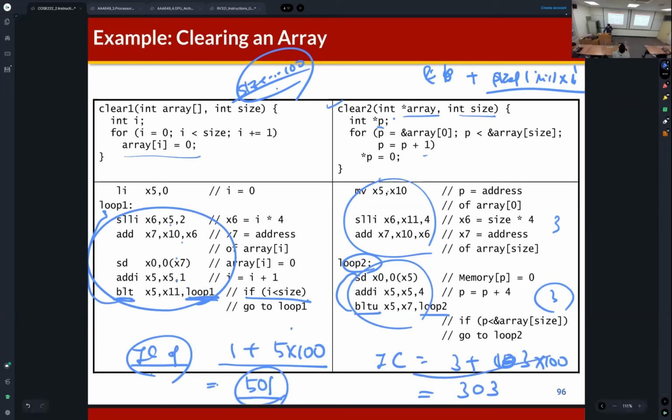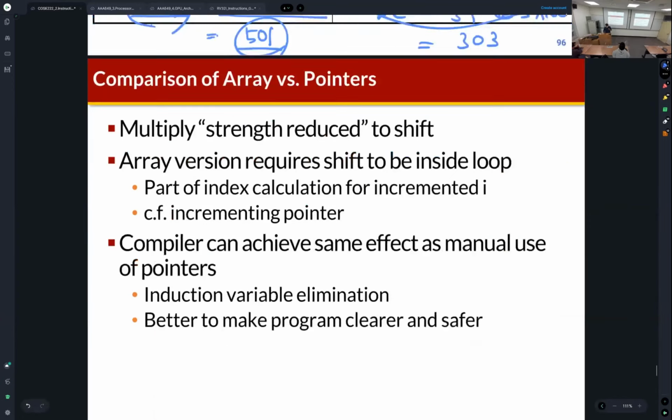So this code is better, and this code is good for performance. Then it seems we need to use pointers to improve performance. But that's not true, because usually